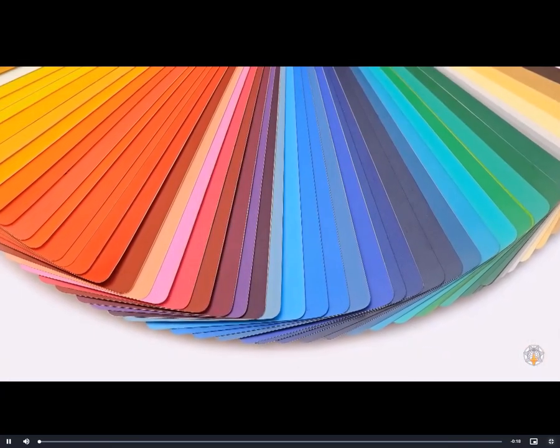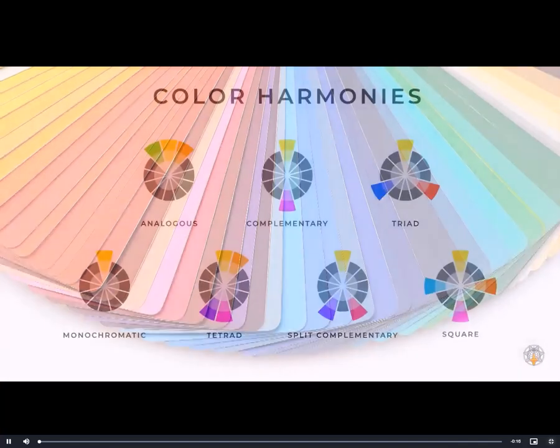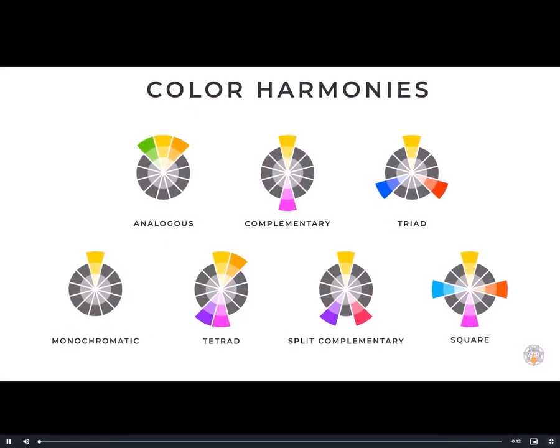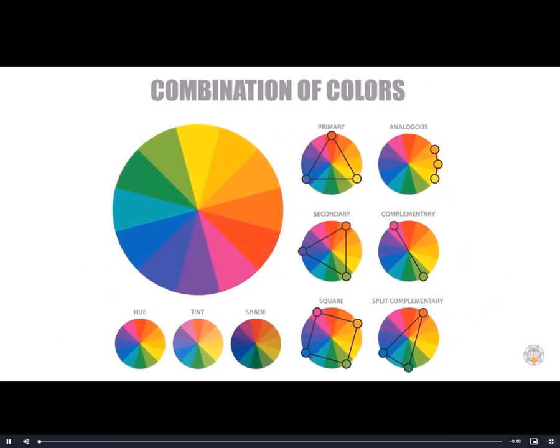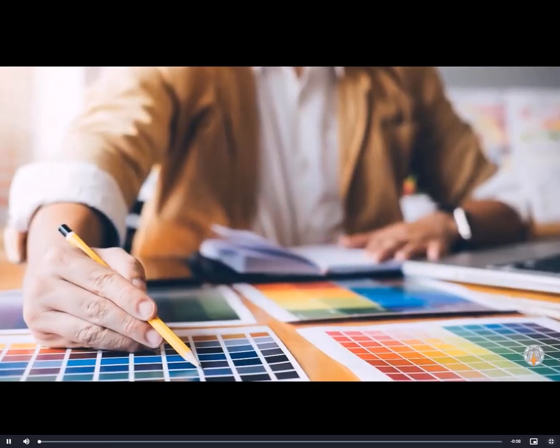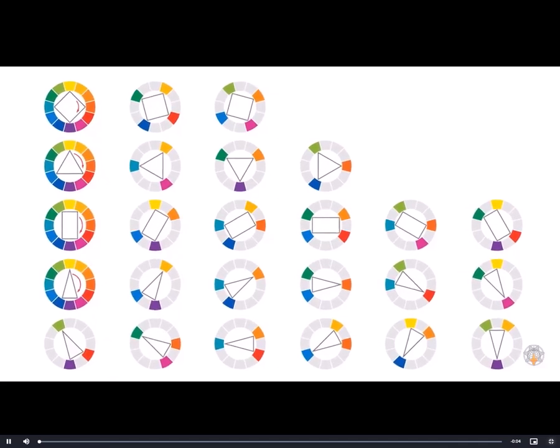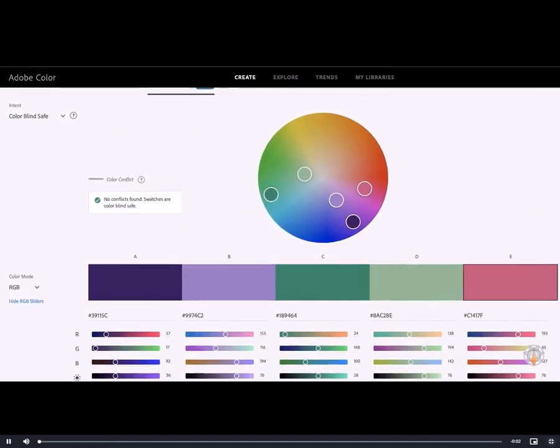Usually when we get started with designs, we get confused about what type of colors and how many rules we should use, and how to select colors as per the color rules. Often we get confused about what colors we should take as per the color rules, and that's where Adobe Color can help us.